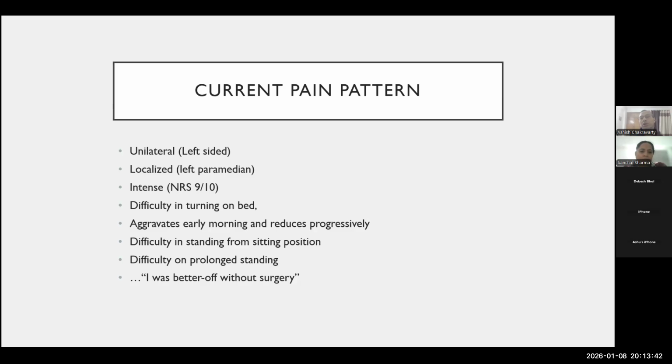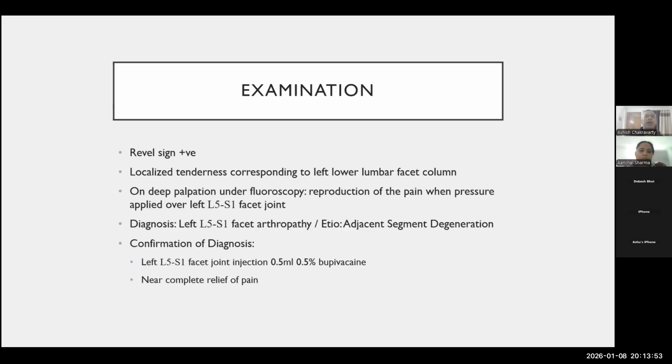So what he ultimately had to tell me was, "Doctor, I was better off before without getting the surgery done; after the surgery my condition has become even worse." So with that in mind, I started doing the